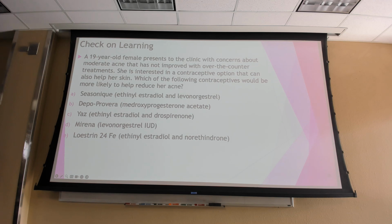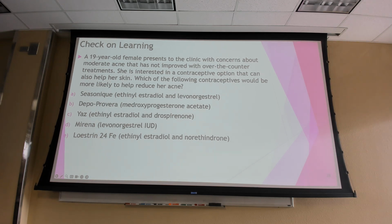So we've got our next scenario. A 19-year-old female comes in, concerned about acne. It has not improved with over-the-counter treatments. She's interested in maybe a contraceptive that might help. Which contraceptive do we think will help with acne? Yes, okay, because it has that drospirenone. And drospirenone, remember, is which progesterone? A novel progesterone generation. So they're the newer generation with that drospirenone progesterone. So that has more anti-androgenic effect. All